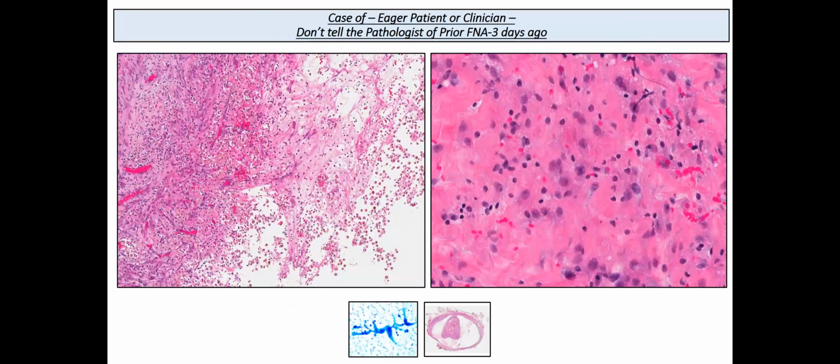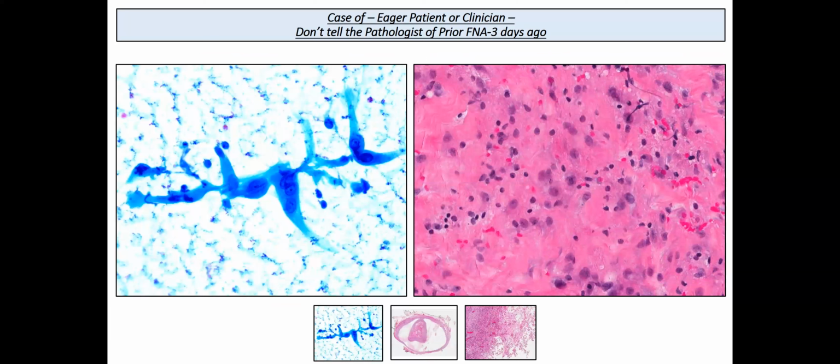And if you look at those cells, you notice that this nodule has a lot of granulation tissue, and those cells are endothelial cells, not follicular cells. So having that history is very important, especially in cases which are atypical or suspicious for malignancy because of